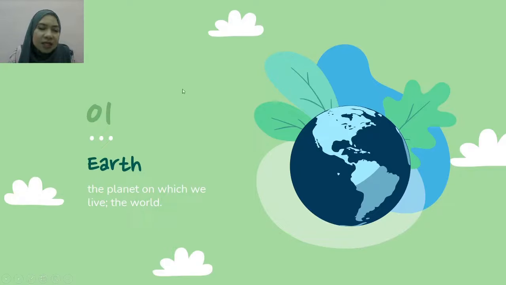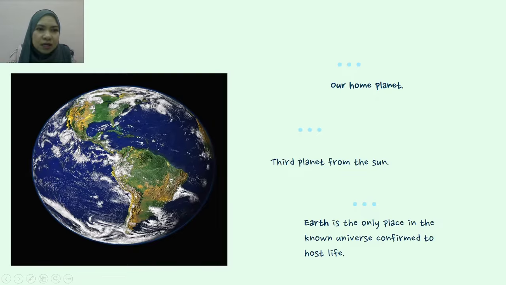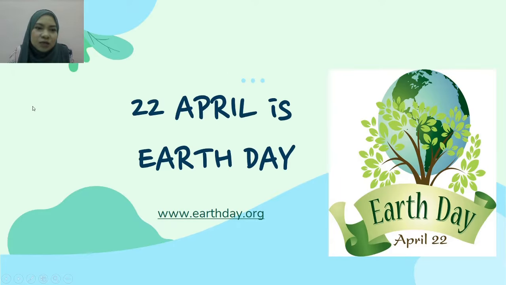What is Earth? Earth is the planet on which we live or the world. This is the picture of the Earth, the better picture where you can see where we live. Earth is our home planet, third planet from the Sun, and Earth is the only place in the known universe confirmed to host life. So 22 April every year is the Earth Day. So coming 22 April is the Earth Day for